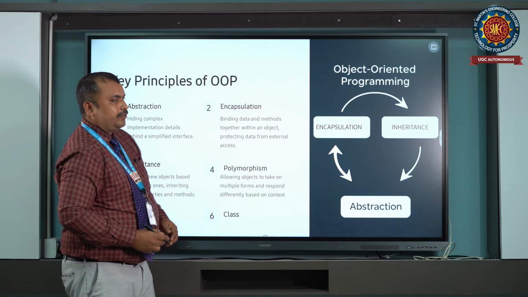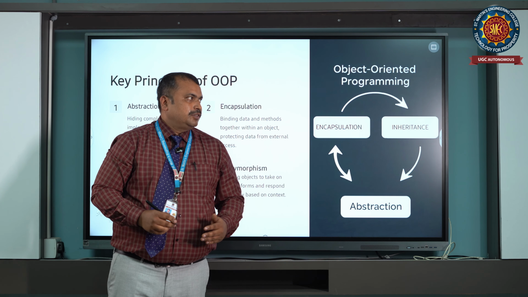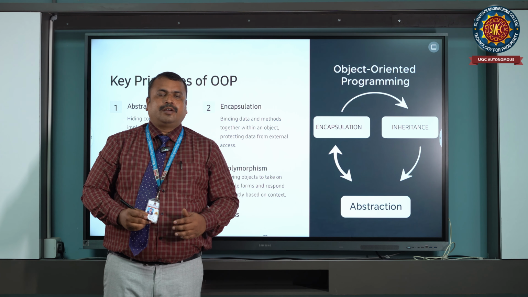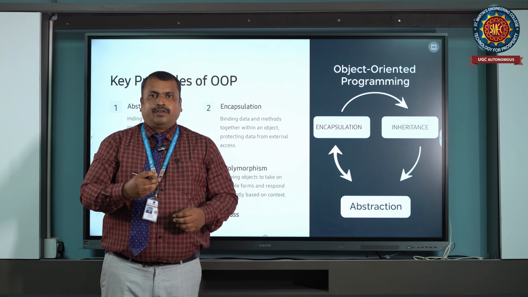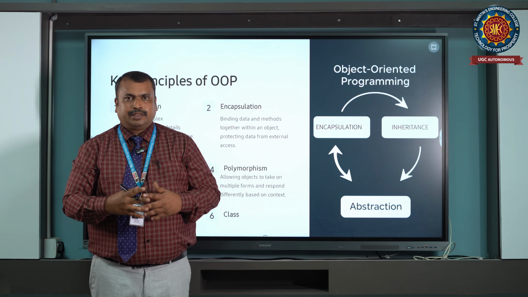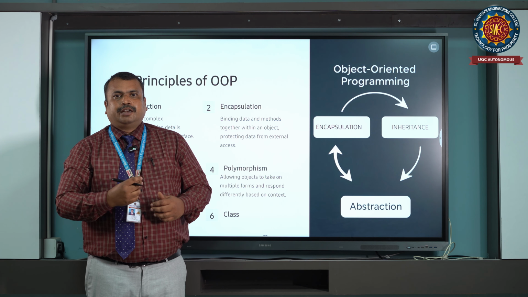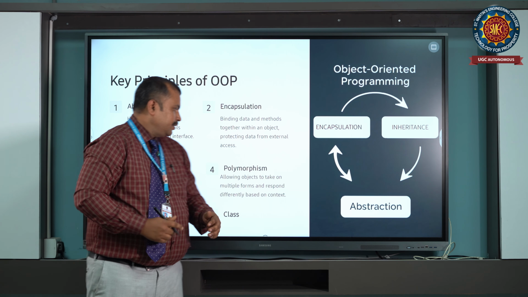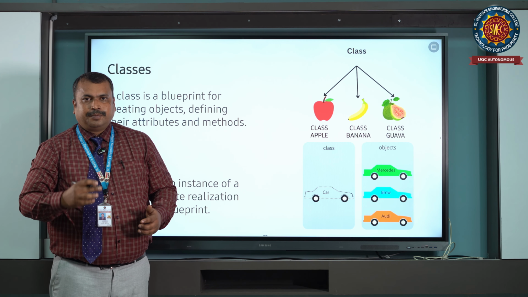Then I will tell you what the basic building blocks of object-oriented programming are. As I said before, in object-oriented programming we give importance to the objects. So we need to know what an object is, how we collect and group objects together, and how to secure the objects. Those things we will see. So the first basic block is object. So what are the basic building blocks of object-oriented programming?